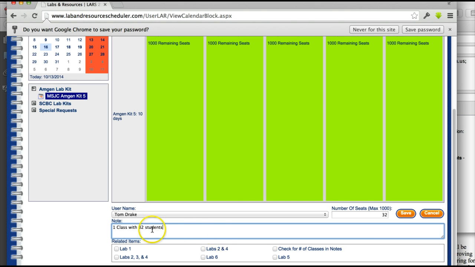That's also something that gets reported to the Amgen organization as data for how successful the program is. Also in the notes, you can include any modifications or information that you want us to be aware of. So I have one class with 32 students, and this is a biotechnology class. So I might also request to have